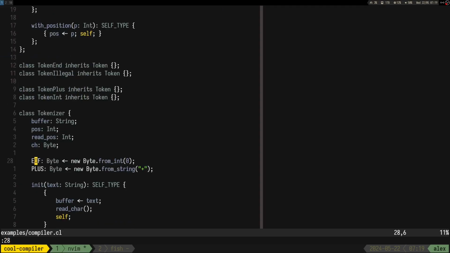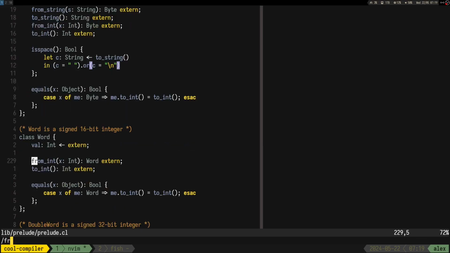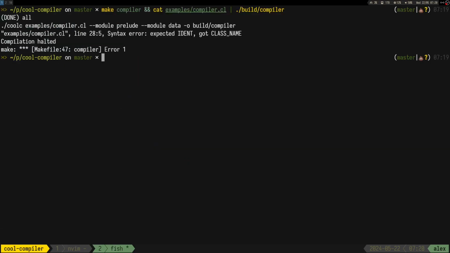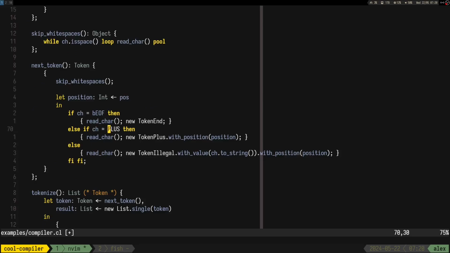Oh, I remember. Variables should start with lowercase or something like that, so let's do like b, like byte.